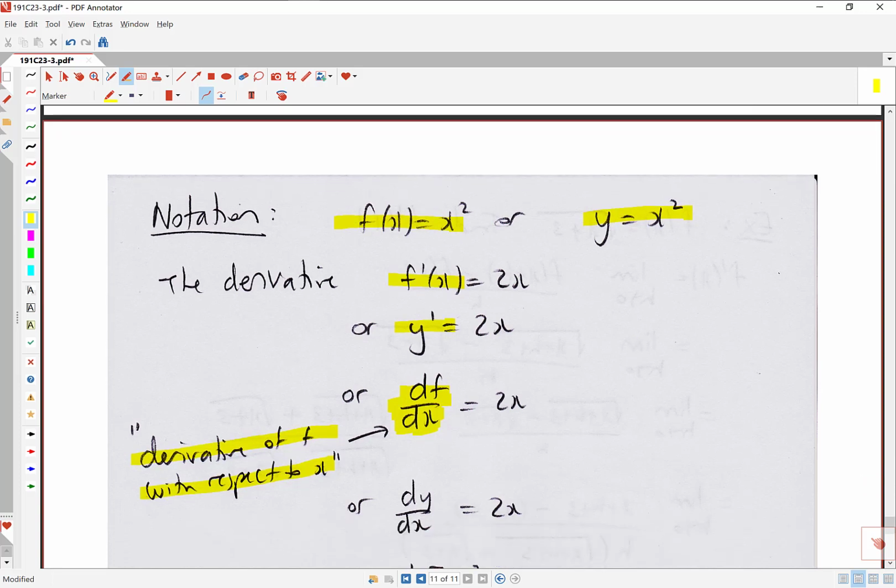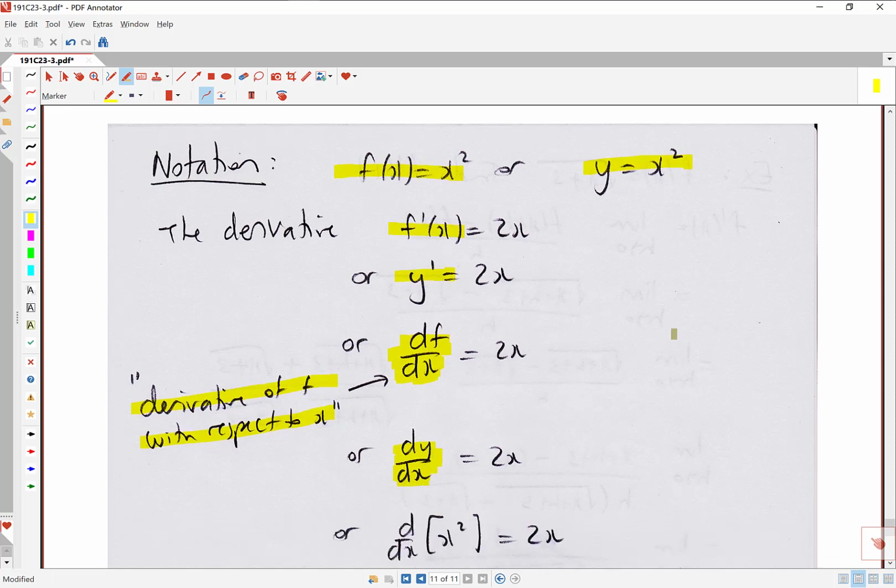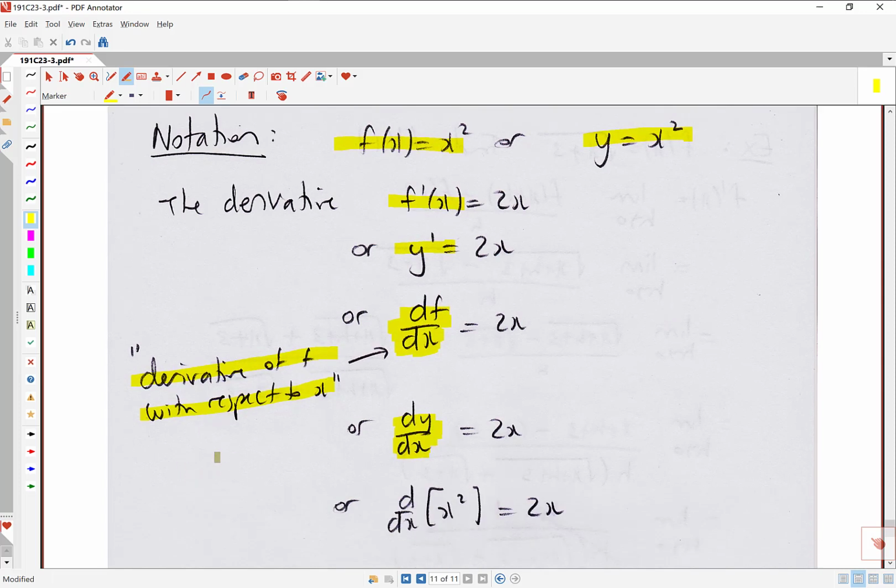Little variation on this, if you were calling your function y instead of f, you could just modify that to say dy by dx. In either case, you're putting the name of the function on top. You're saying d function divided by d variable. So we've now got 4 ways of writing down the derivative. Fifth and final way, if for some reason you wanted to be just really crystal clear about what your function is, you could put your actual function into the brackets, and then you could say d by dx